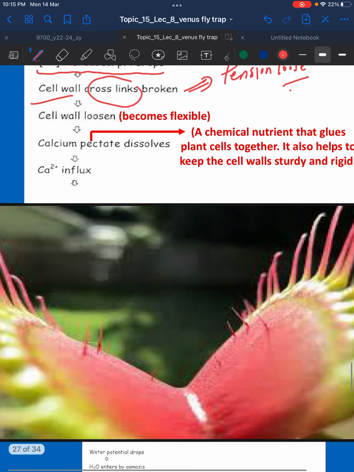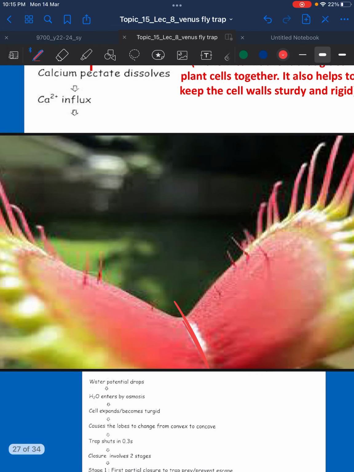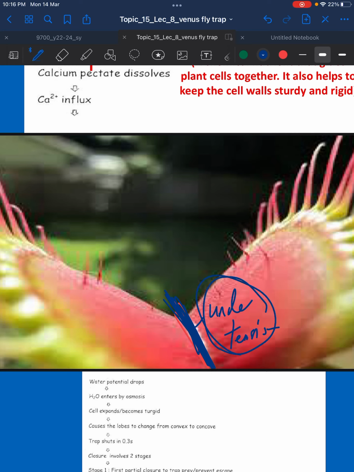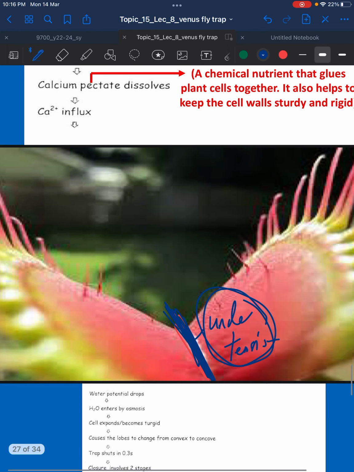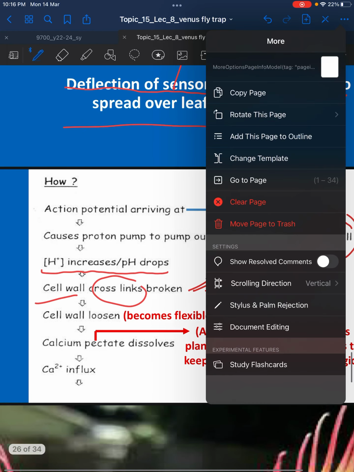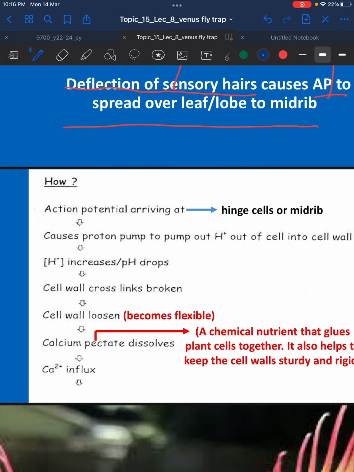Remember, when it's open like this, this hinge here is under tension. But if it closes, then this is no longer under tension. It becomes loose. Okay, so how does it become loose? And this is the mechanism. Okay, let's have a look again. So, I think it's better that we draw. Yeah, if I were to draw